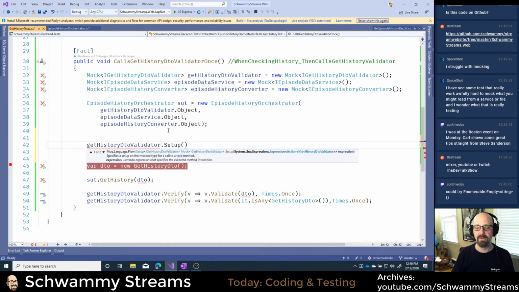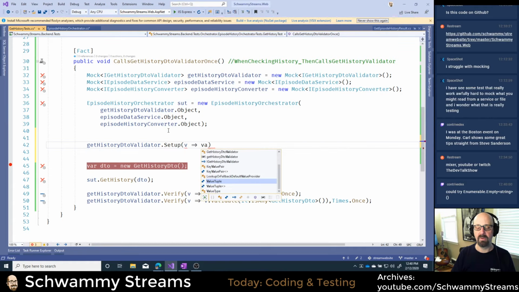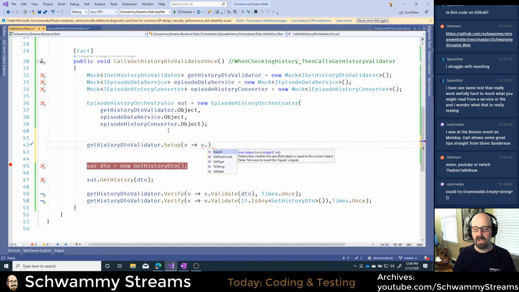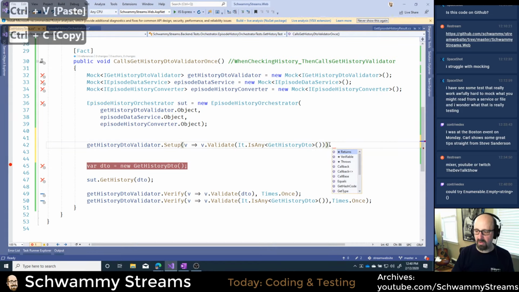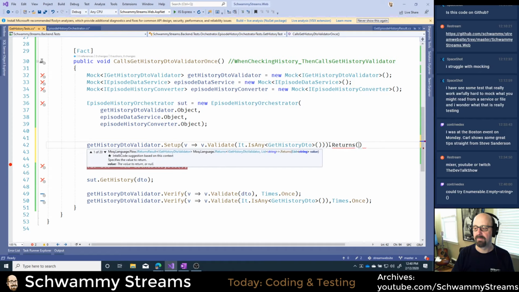With setup, I say which method I want to set up. Nice lambda for this stuff. I want to set up the validate method, okay? And again, I'm going to use this it is any, because I don't care what gets passed to it, but I want to say when that gets called, returns